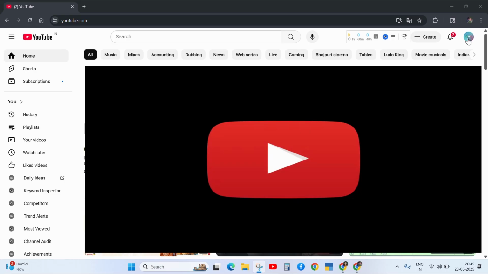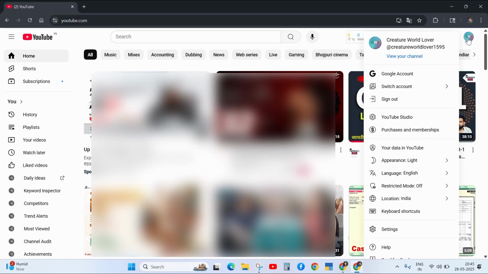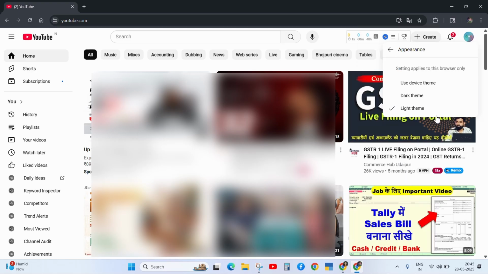First, click on your profile icon and go to the appearance and click on the dark theme. As you can see, it's working properly on my device. If it doesn't work on your device, then next is